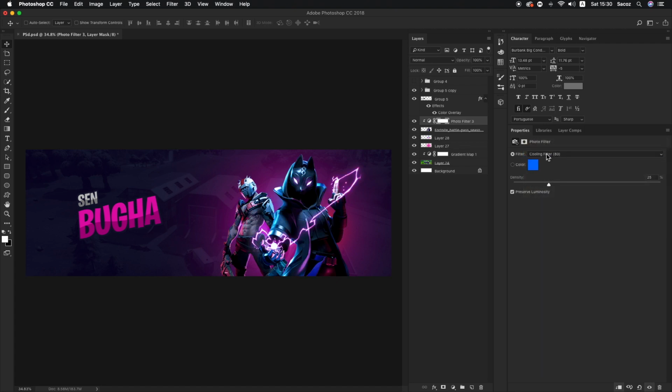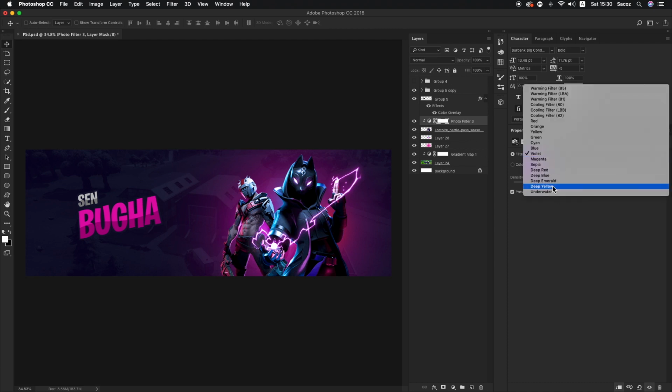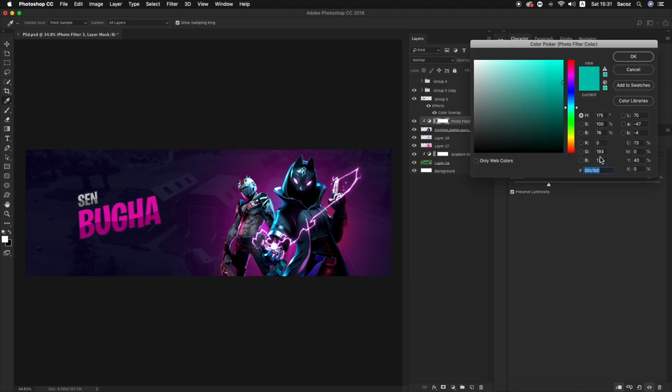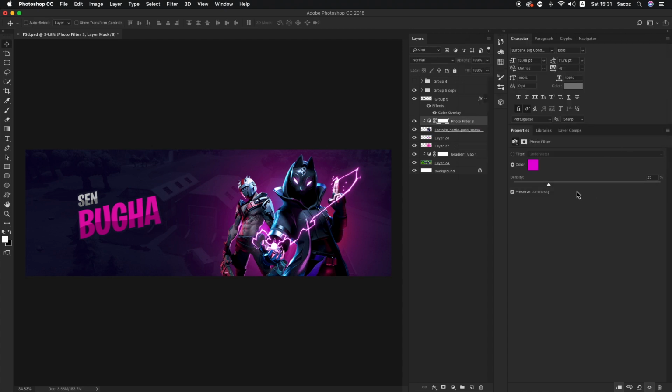And if you pick a color right here, violet for example, you can pick a certain color you want it to filter. Let's just pick a purplish color and put the density up, so the characters kind of blend in